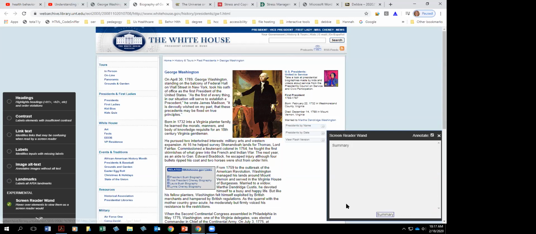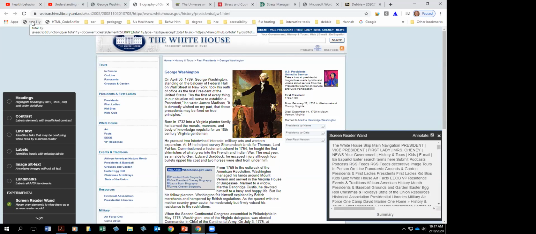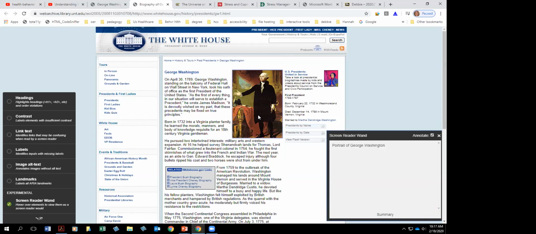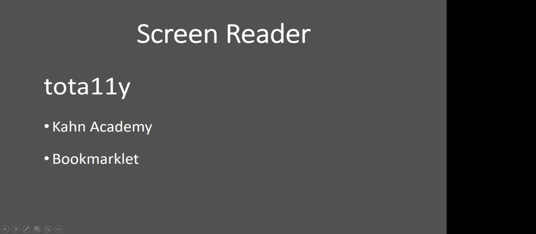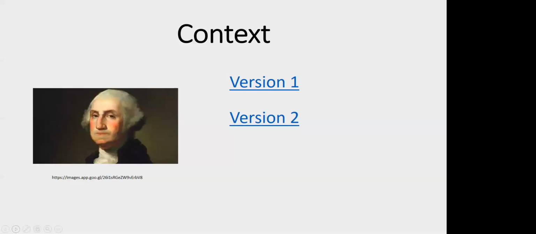So again, this is a nice little tool that you can use. It can also help you to identify when an image absolutely does not have any alternative text. And I'm going to show you a couple examples of that as well. Okay. And again, I did put the hyperlinks into the presentation so that you can always refer back to George